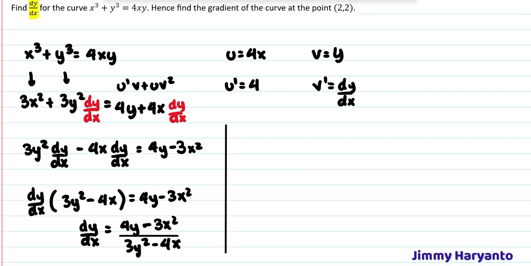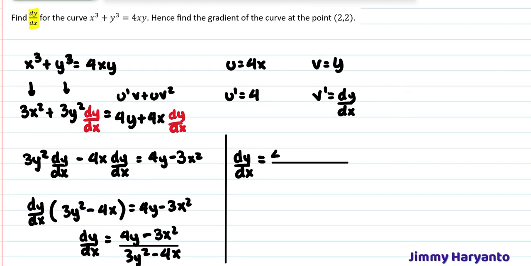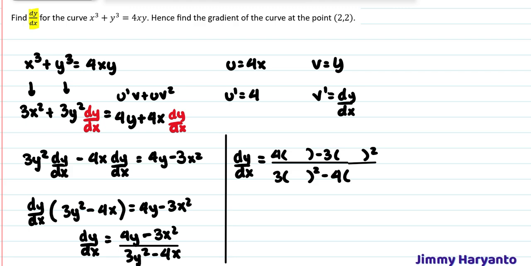Next, you have to find the gradient. Gradient means dy over dx, right? But you have to input all of the values of x and y this time. So we have 4y before, and then minus